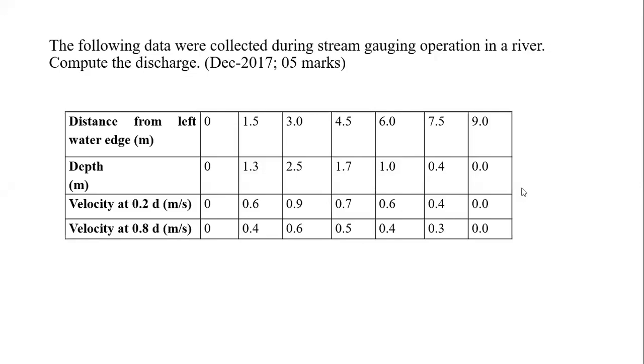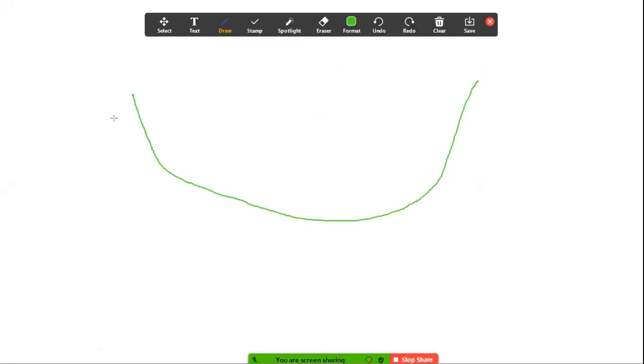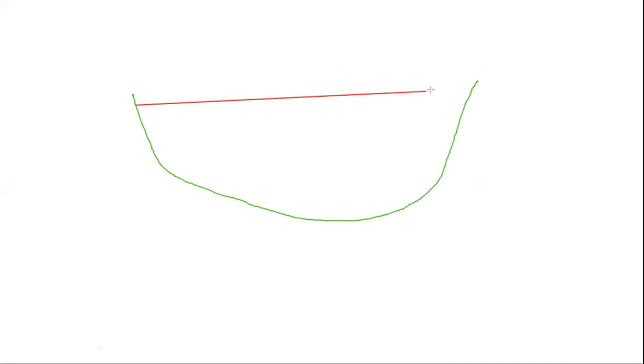So we'll see now the solution for this same example. For that, I would like to take the help of a board so that we'll get the idea. Here we'll assume that this is a river stretch where the observations were carried out. This is the total width of a river. Then the verticals are placed at an equal distance of 1.5 meters. So 1.5 meter, this is the first vertical.